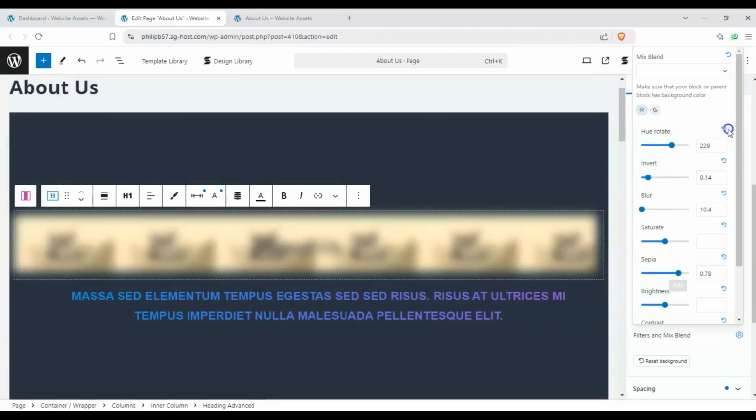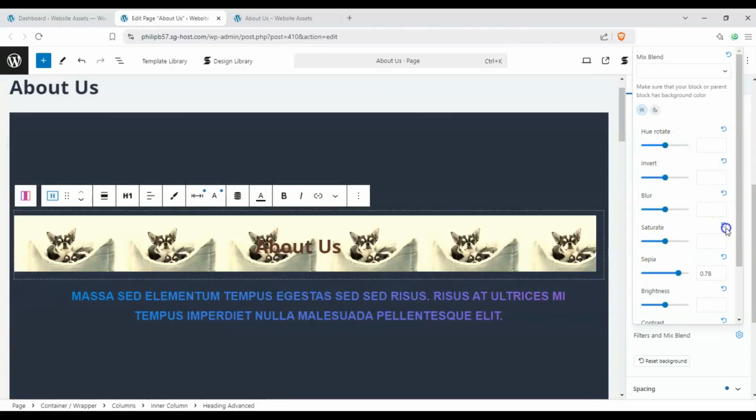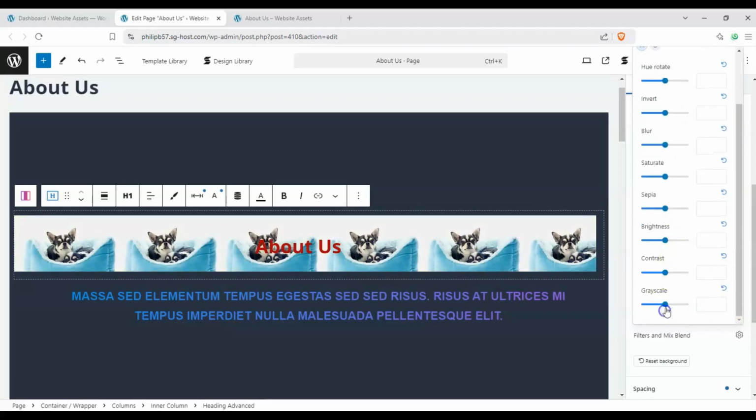And then let's reset all of these and then toggle them one by one, right? You can make it grayscale just to contrast with whatever text we have or whatever element we have. And yeah, so I'll reset all of these, and I'll probably just change up the colors to be